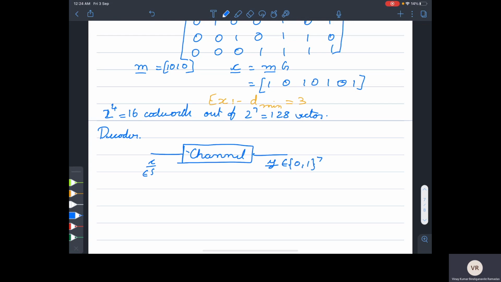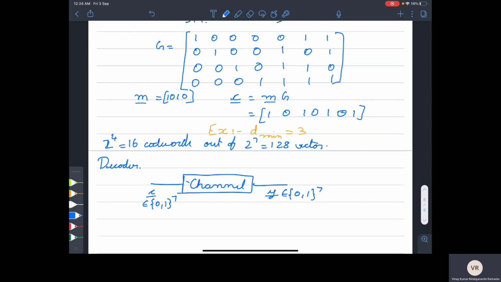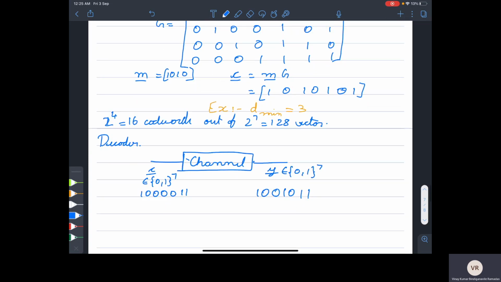So the input to the channel is also a 7 bit vector, and the output of the channel is also a 7 bit vector. So for example, if you transmit this first